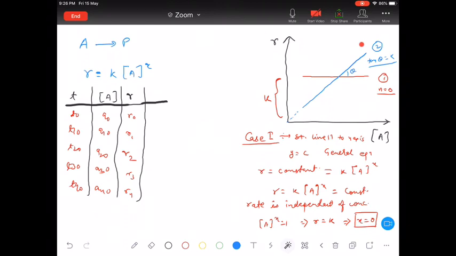Still, if you have any confusion, we can talk about it after the class. Let me just finish these cases, so that after that we can discuss. I'm pretty sure whatever your doubt is, that will be cleared once I discuss case 3, because case 3 is the same as whatever you are saying. Okay, just let me finish this case 2, and then I'll move on towards case 3.